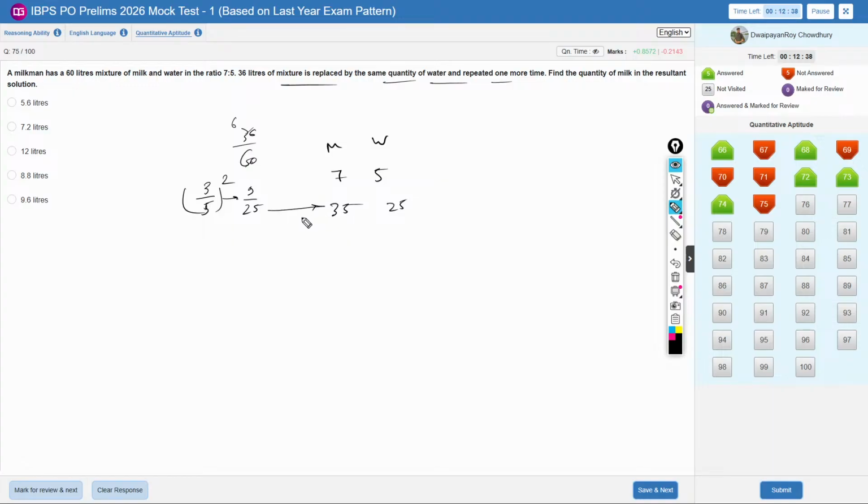This is 35. 36 liters of mixture, right? So definitely 3 by 5. So square. So if milk previously was 25, so 5 to 7 to some, but